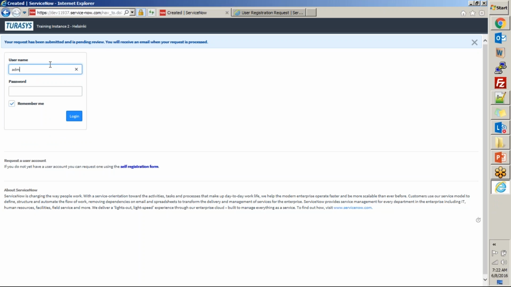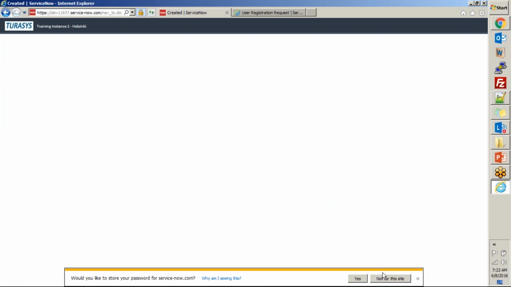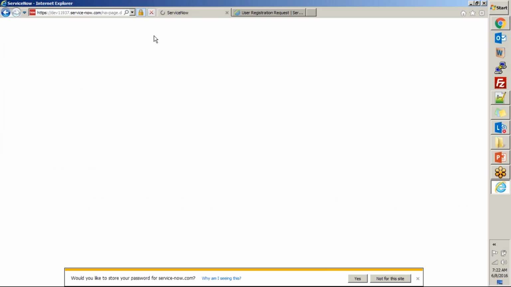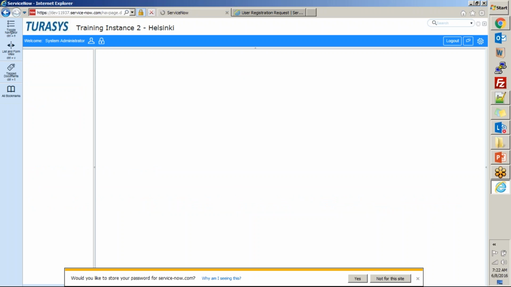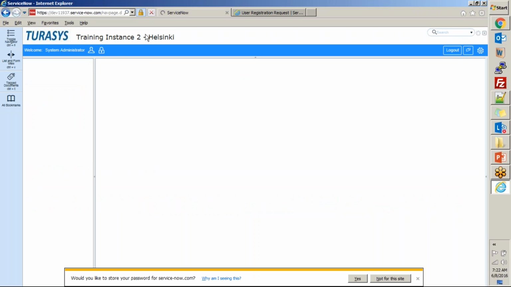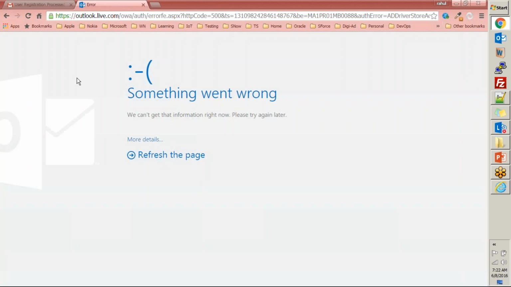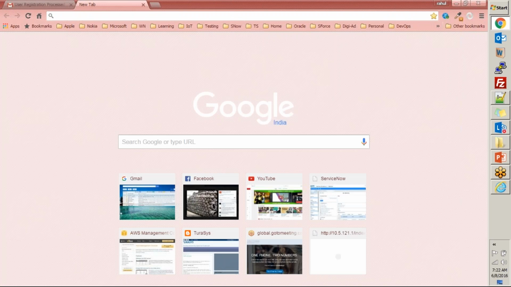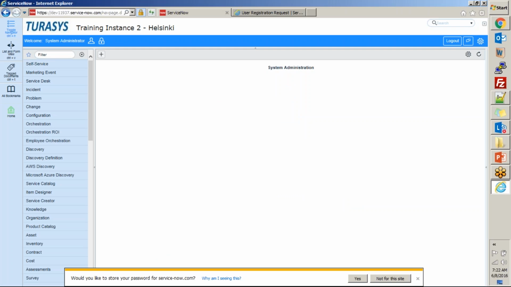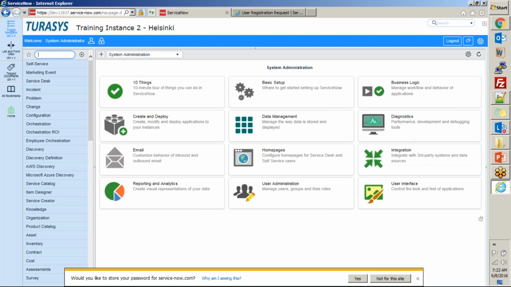Let's quickly go into other browser. I am right now logged in as an admin. I'll go and see the user ID that we just created and try to find out if the password reset checkbox was checked for that user or not.